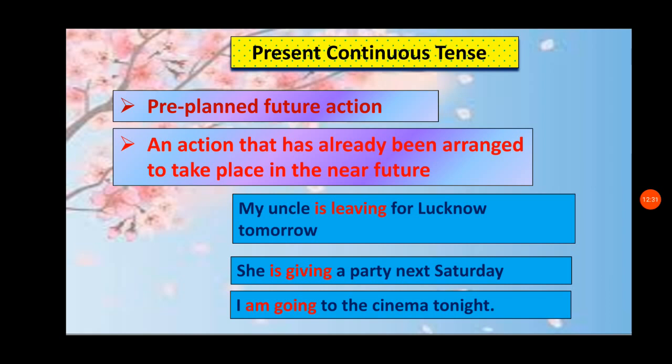I'm going to the cinema tonight. So tonight means today night, and it can be spoken before that night. It can be the day evening, the day afternoon, or the day morning. Okay, so I'm going to the cinema tonight. Hereafter only I'm going to the cinema. Okay, so it takes place in the near future, not the long future.